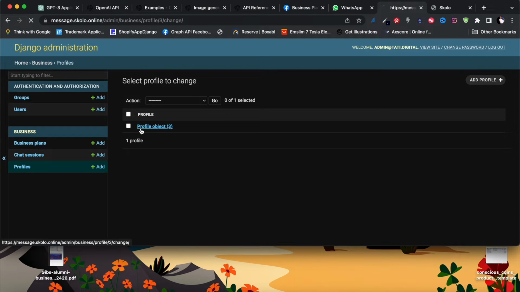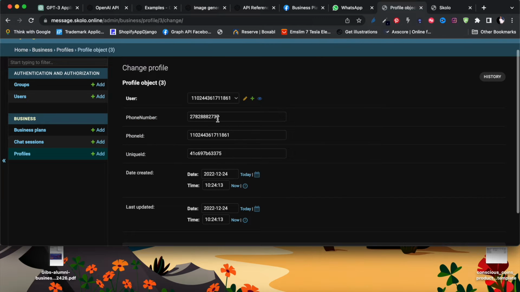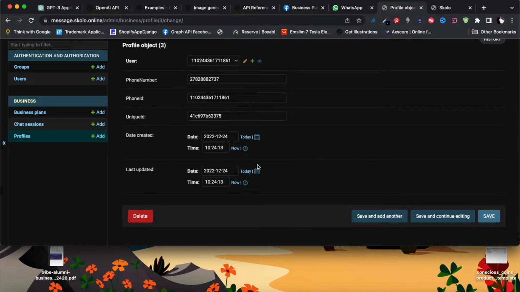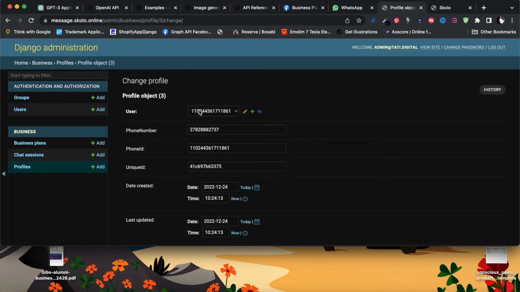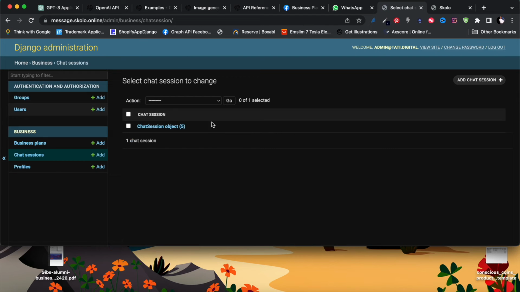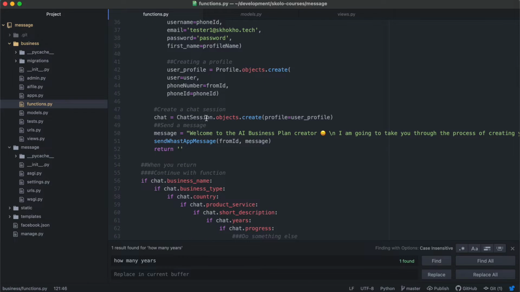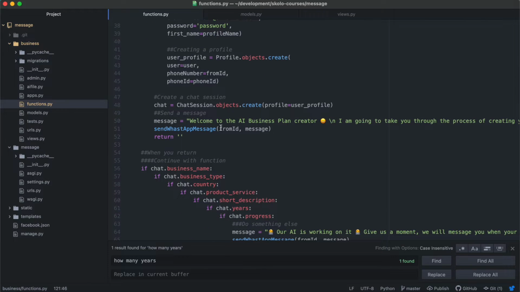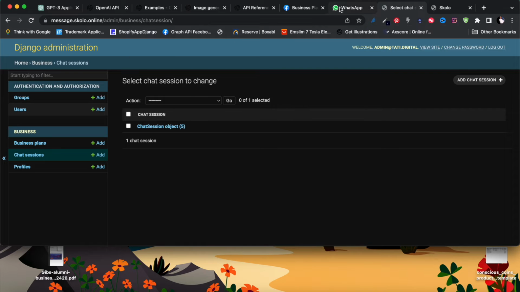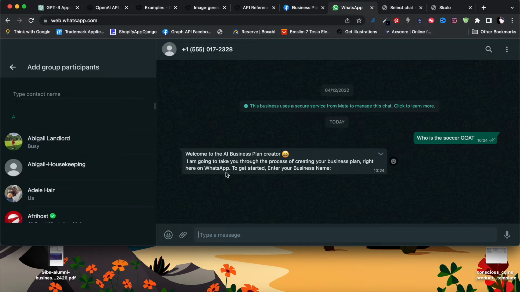But you can see on this profile, this is the phone number, this is the phone ID, and everything that's in the profile. All right, but if you go to the chat session, there's also a chat session, which means that we also created a chat session. So everything worked the way we intended it to work. All right, so it's basically asking you to get started, enter your business name. Okay, so let's enter a business name that we're going to be building this for. I think I was going to call this Skolo